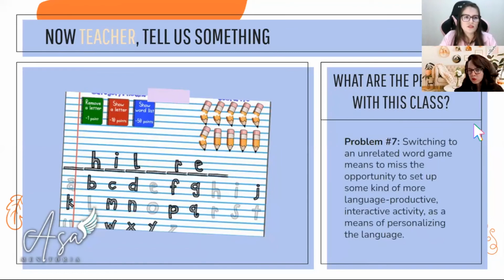And the seventh and final problem that we have spotted here, but if you have spotted others, you can tell us, please, is switching to an unrelated word game. So it means to miss the opportunity to set up some kind of more language productive, interactive activity as a means of personalizing the language. So 10 minutes here that the teacher spent, 10 wasted minutes, I'm sorry, but those minutes were wasted because they could have been used